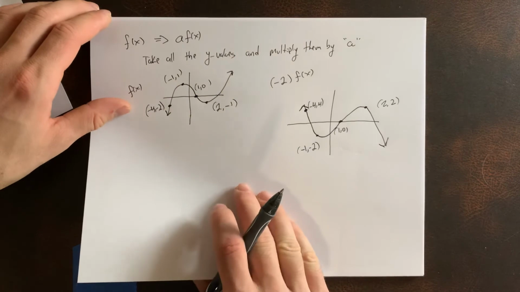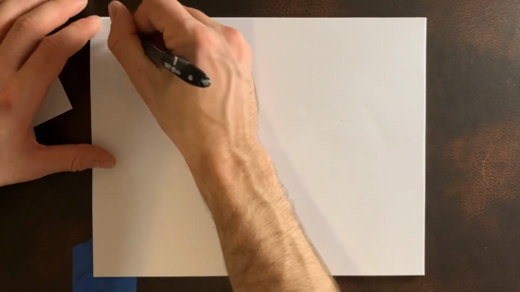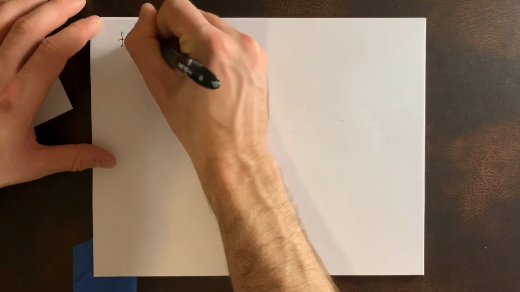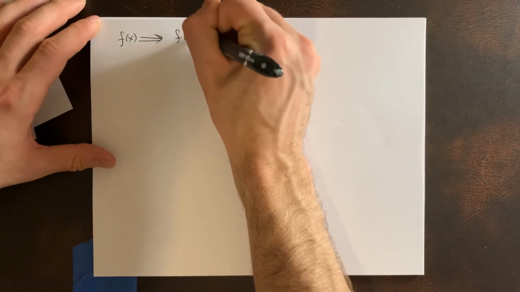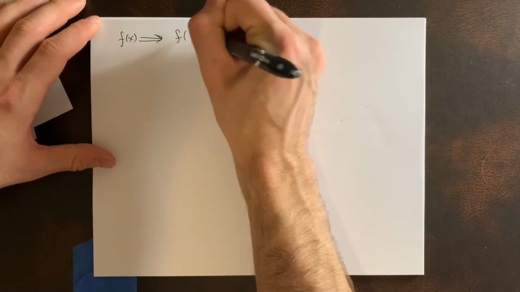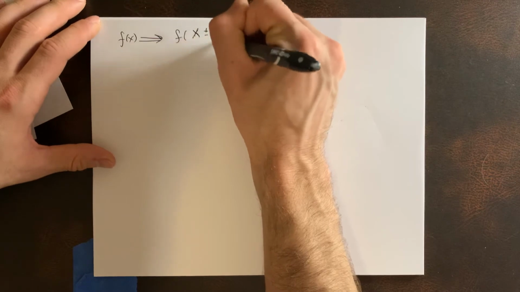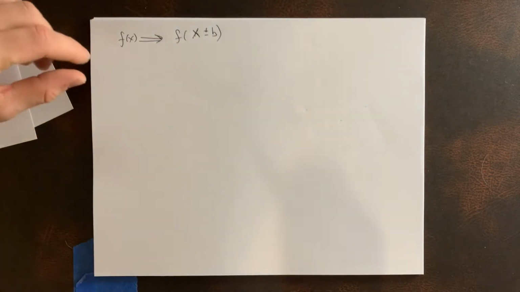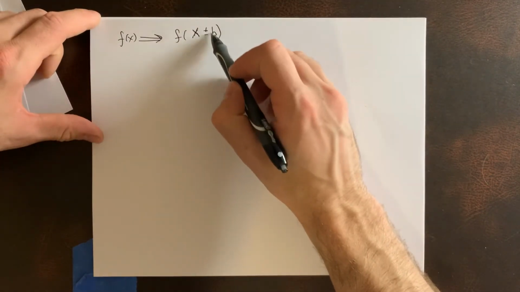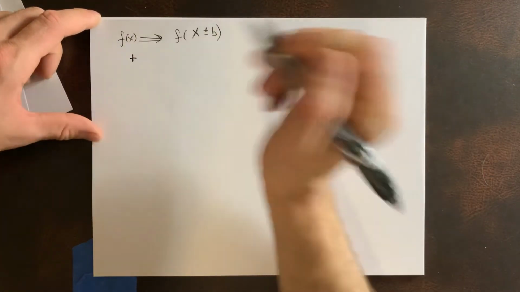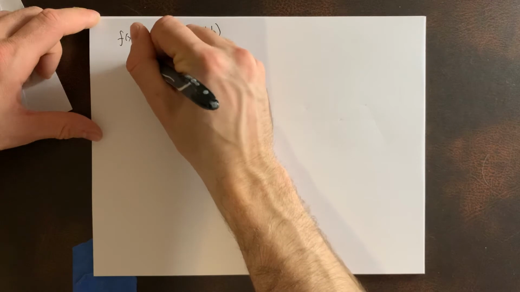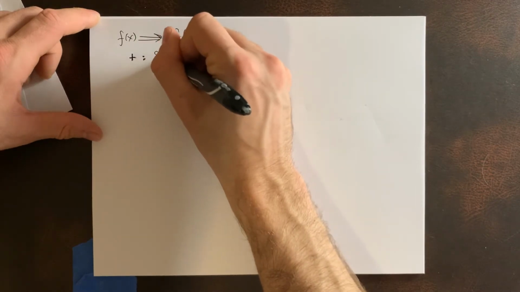Okay, let's talk about the last transformation. So this one, we have our f of x, and we want to turn it into this, f of x plus or minus a number. This is a little bit different from the first one. The first one we were adding a number to the outside, now we're adding or subtracting a number onto the inside. And so here, if we have a plus sign, this tells us that we're going to subtract